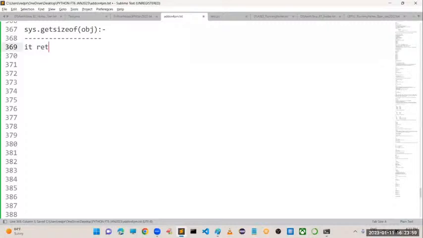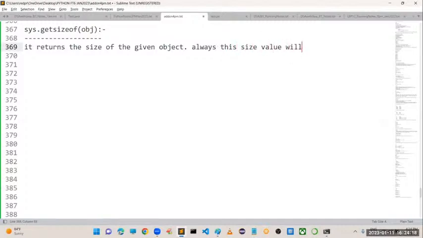It returns the size of the given object. Whatever object that you have passed, it is going to return the size of that object. Always this size value will be returned in the form of bytes.